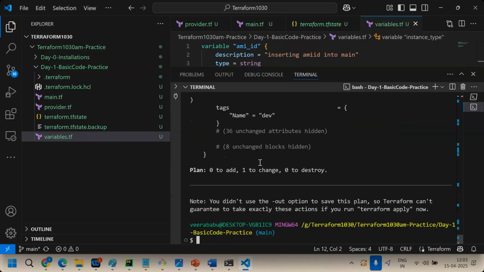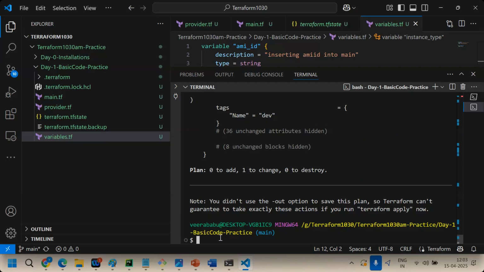Clear? Okay, what is the manual process to change the instance type? Stop the server, change the instance type, start the server. Terraform also does the same thing. Terraform doesn't know how to change the instance type itself. Terraform directly gives the request to AWS: change request, instance type. Whatever the manual process is, it follows the same thing.